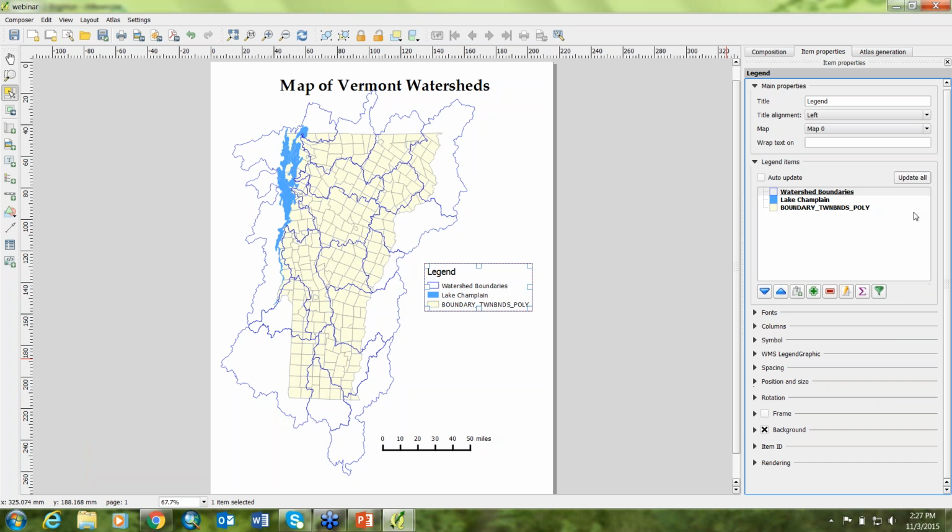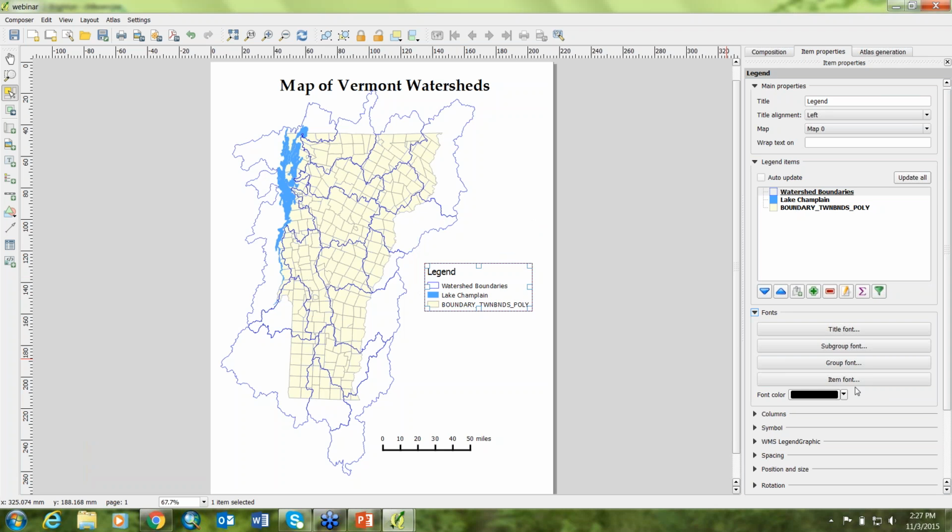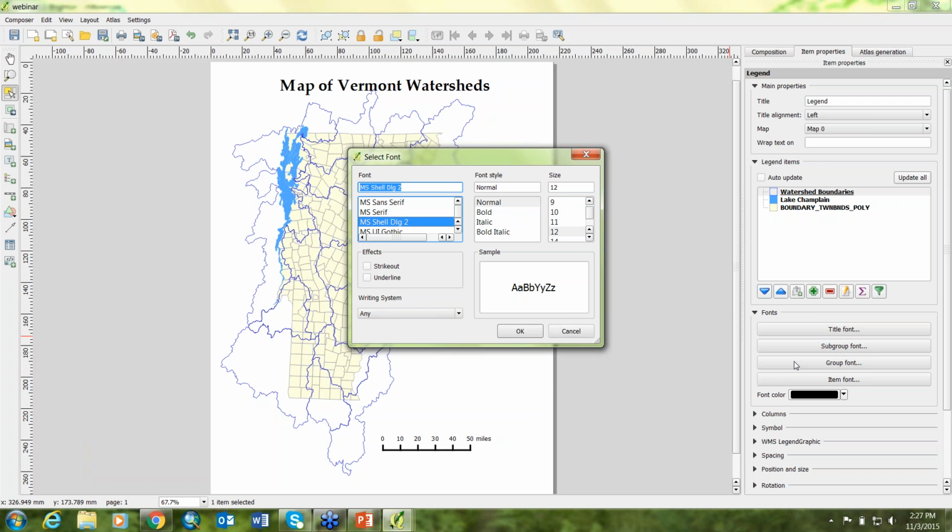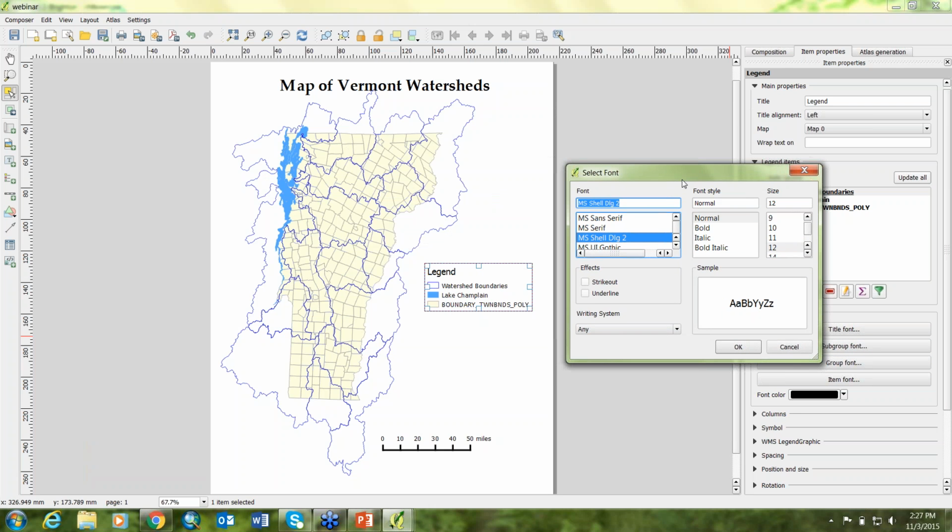Underneath the listing of the legend items, we see all the different ways that we can change aspects of this. So we have the fonts, and you'll notice there are 4 levels of font. And I have to admit that on the rare occasion when I have a somewhat more complicated legend, I'm not always absolutely sure which is a subgroup, a group, or an item. But generally speaking, you can just fool around with this to figure it out. So I believe these are all individual items. So let's see if we can,